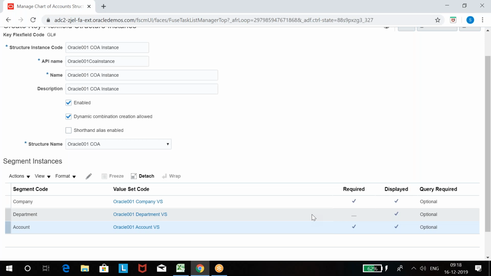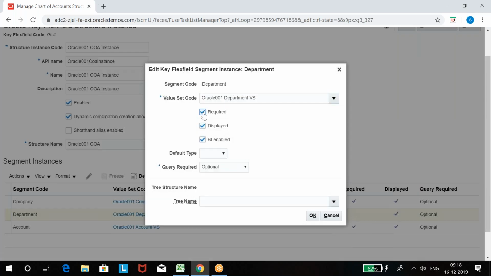The reason because automobile company and power plant company want same segments. So why do you create two different instances for them? One instance is enough. You can use within one ledger. Two companies you can use within one ledger, isn't it? When you have same requirement, don't create multiple. If you have different requirements, then you have to create multiple. Got it? And there is department also. I'll enable all three.